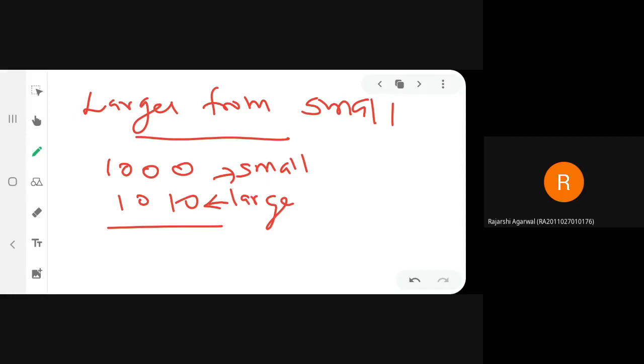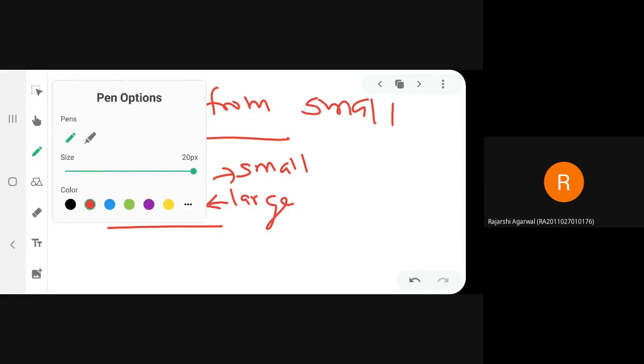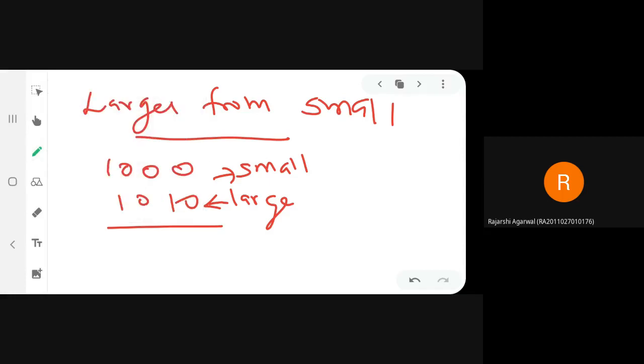So in normal subtraction, what will be the answer? Normal subtraction: 0 minus 0 is 0. Then 0 minus 1, you cannot normally subtract, so you have to take a borrow. Borrow 1. All right. Then here there is no number, so it will be turned to 0 again. Then what will be the answer? 0 here. You cannot borrow another one because there is no other column. So 0010 is your answer. This is the normal way of subtraction.